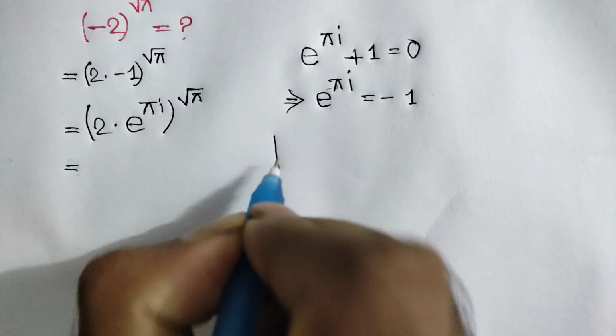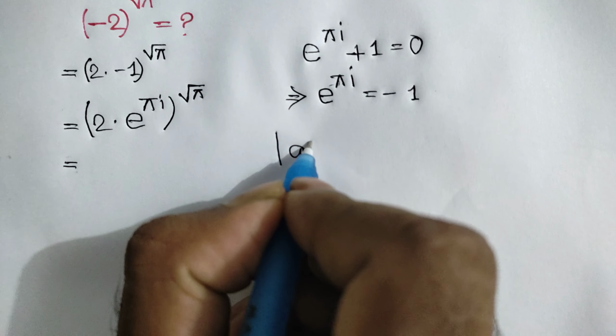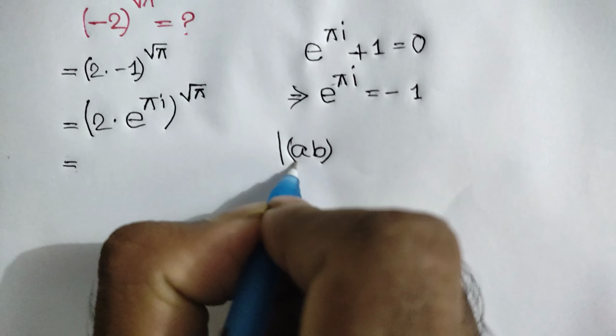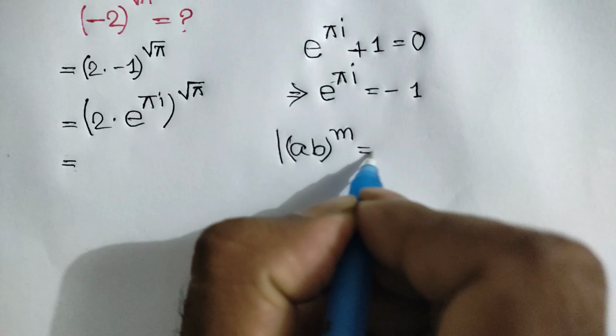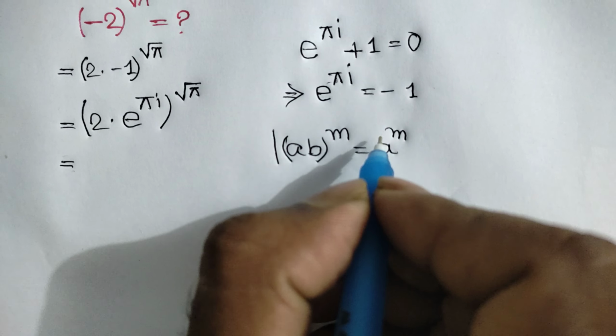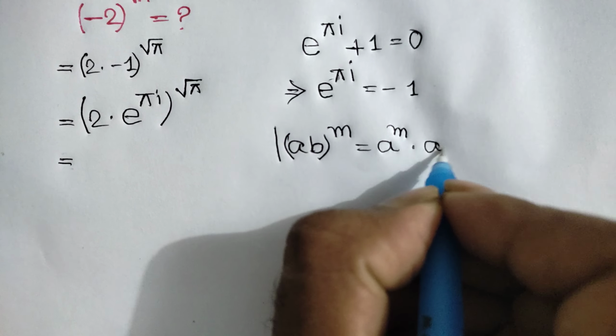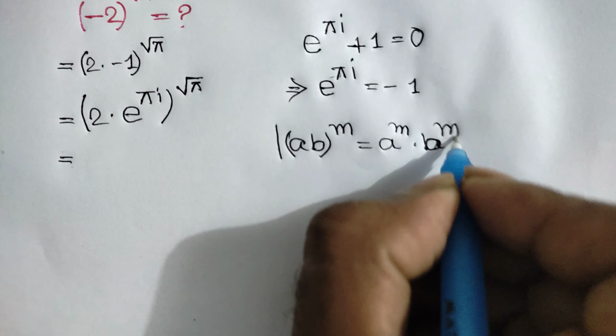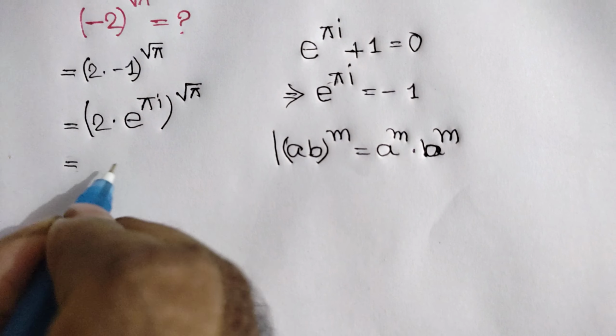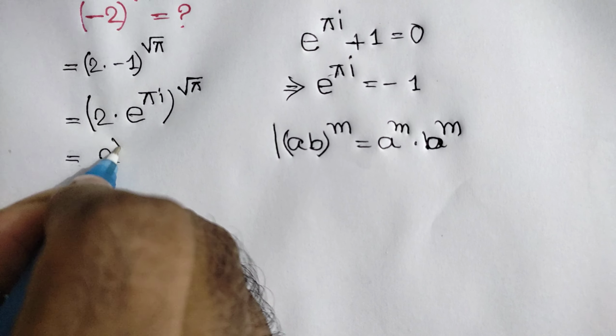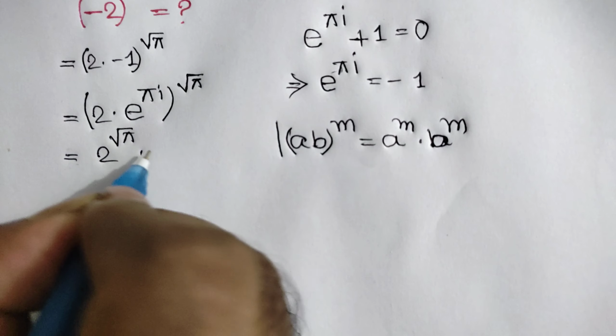We know that (ab)^m is equal to a^m times b^m. Now applying this formula, we can write 2^√π times